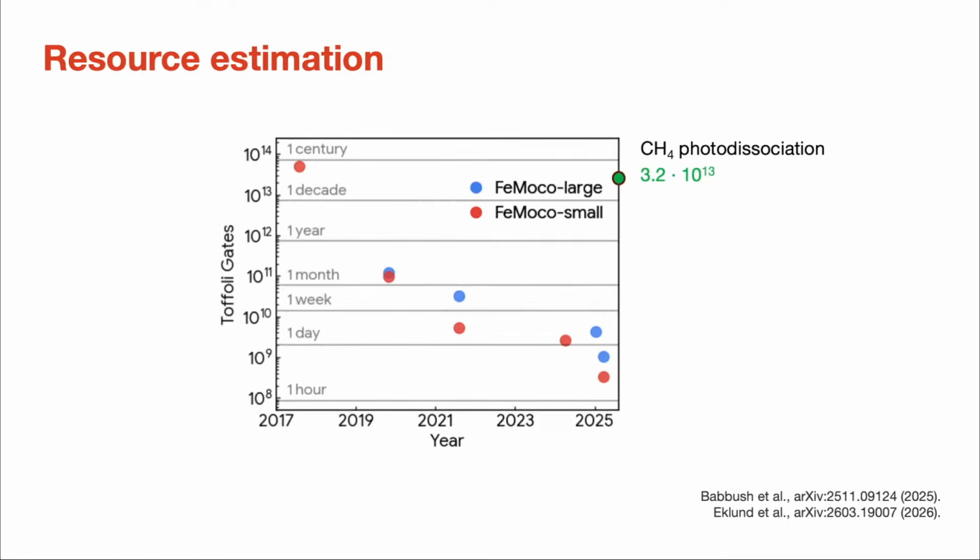This is a plot I've stolen from... It is, but I'm optimistic about it. So this is a plot of what's happened with FOMOCO over the past 6 or 7 years. Back in 2018, the expectation was it would take 10 to the 14 Toffoli gates, and it has come down dramatically since. We're sort of starting at the same place, and I really expect a similar kind of decrease because